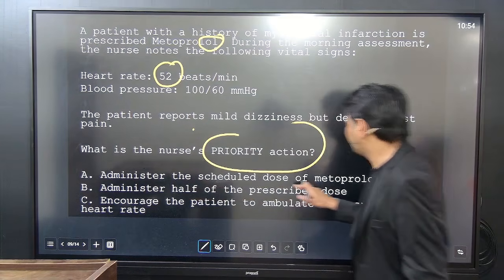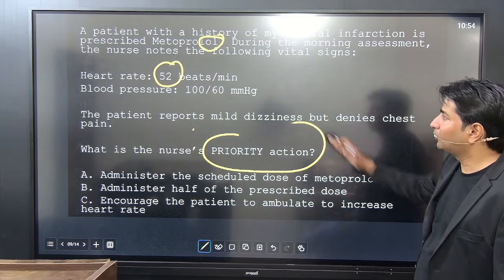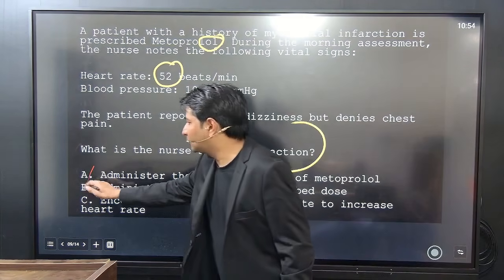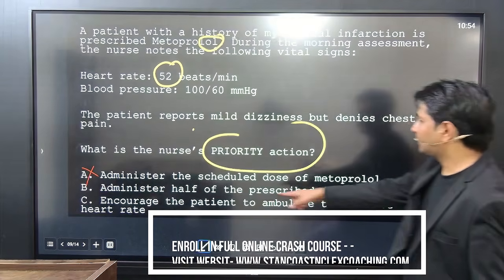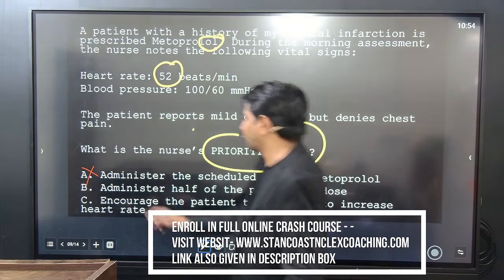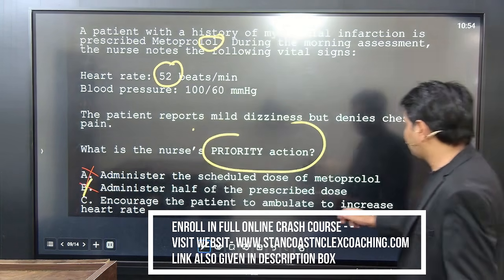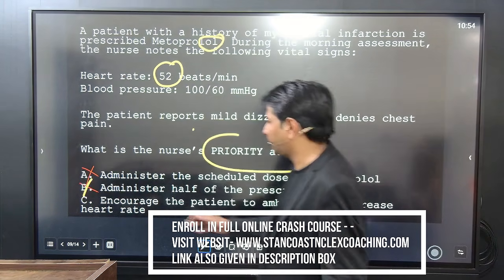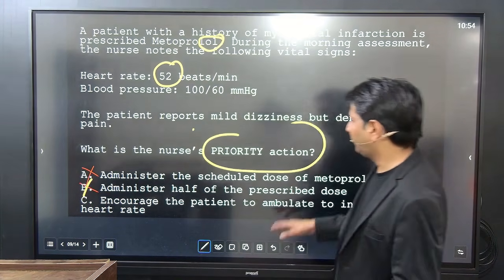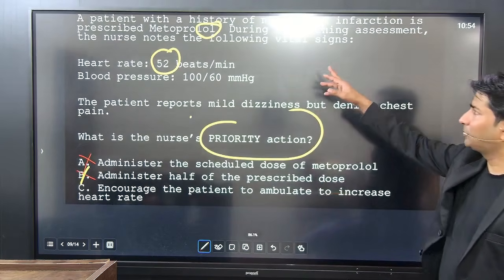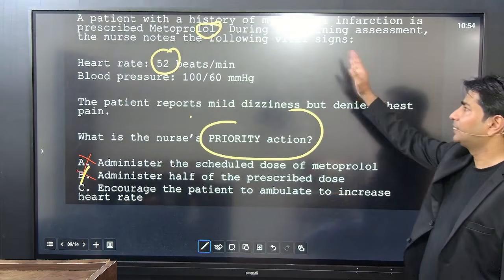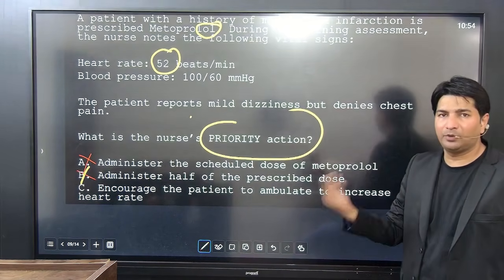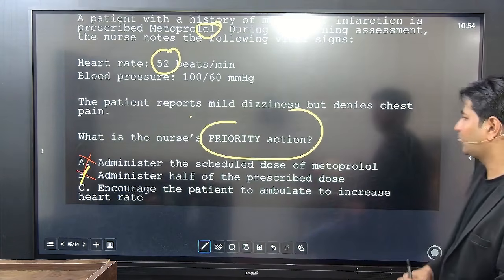Administer the scheduled dose of metoprolol. If we give more metoprolol, it will cause more bradycardia, so we'll mark this as incorrect here. Administer the half dose. We can't do a half dose either. Encourage the patient to ambulate to increase the heart rate, meaning we'll have the patient ambulate, but we shouldn't do that because the patient has a myocardial infarction. If we make them ambulate more, the oxygen demand will increase further, which we don't want in a patient with